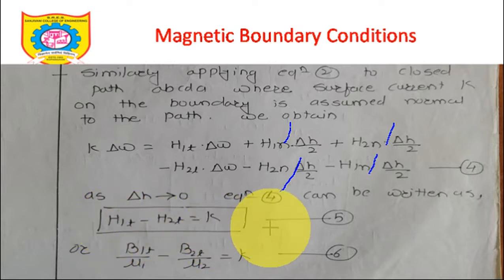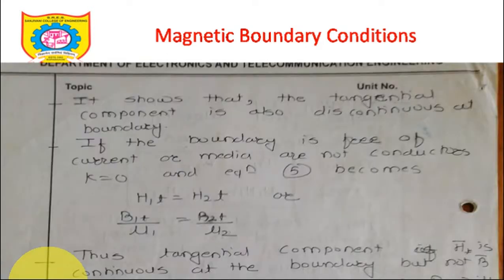And I am now going to make the statement that the magnetic field intensity is also not continuous, or is discontinuous, at the boundary. I can write the expression for H1 in terms of B1 upon mu1, B2 upon mu2, and B1t, B2t we already know is equal to K. And I am now going to make another statement that even the tangential component of magnetic flux density is discontinuous across the boundary, and the tangential component of magnetic field intensity is also not continuous. If K equals 0, I can write H1t equal to H2t, and that is the thing we are going to do in the next slide.